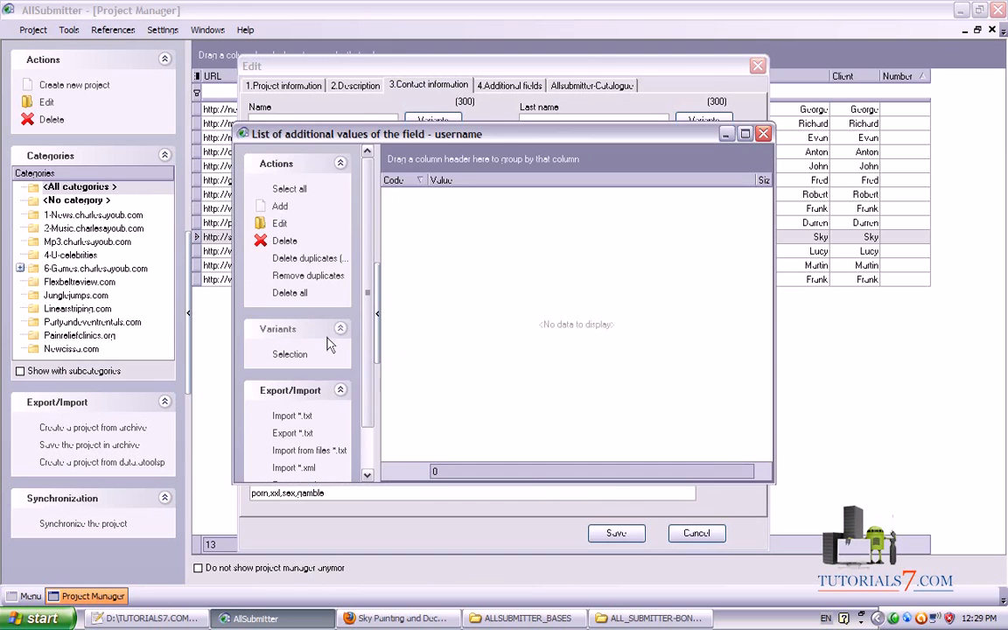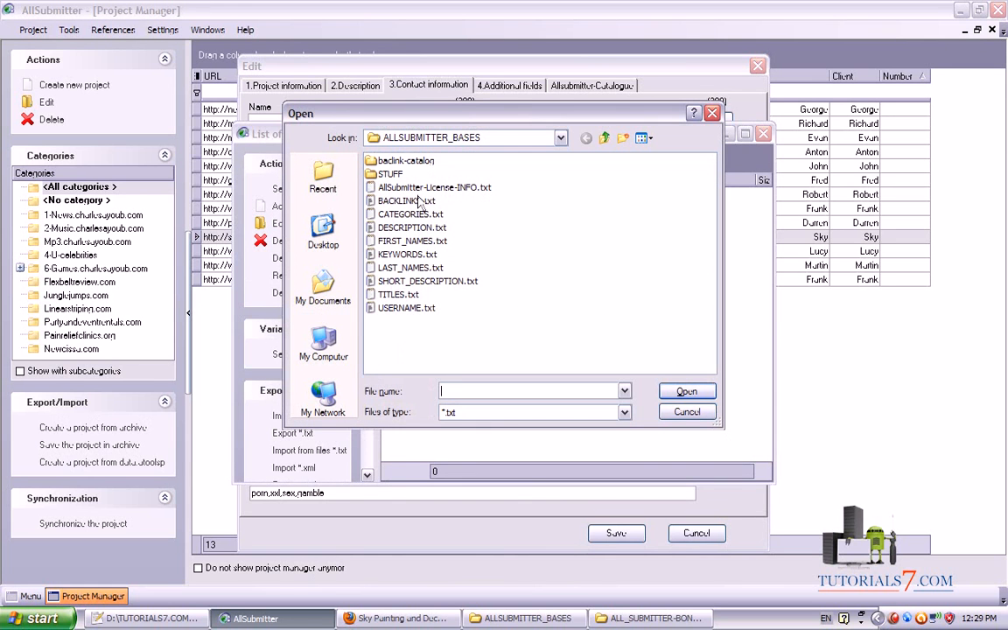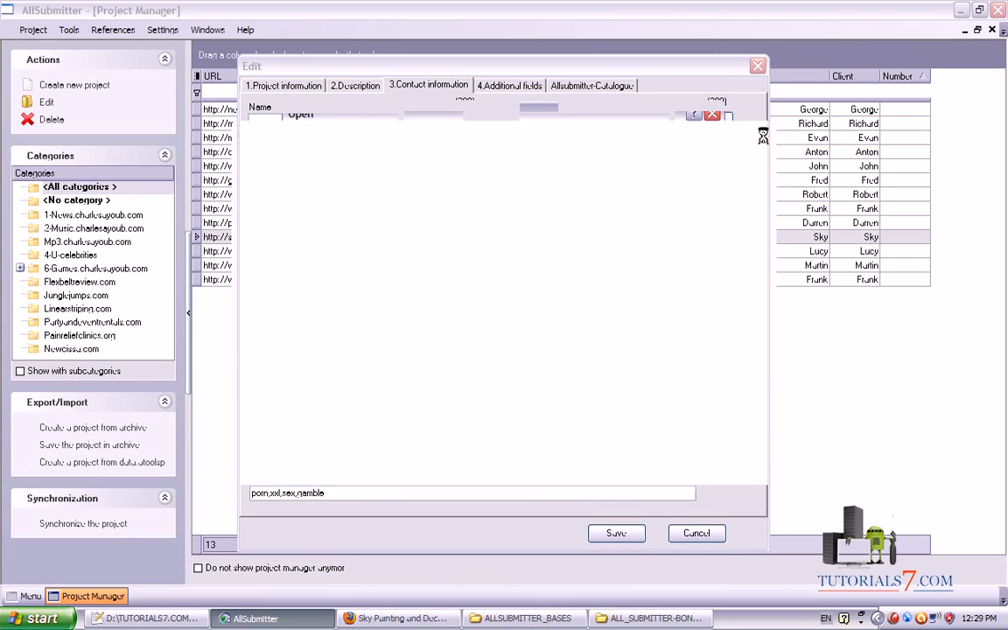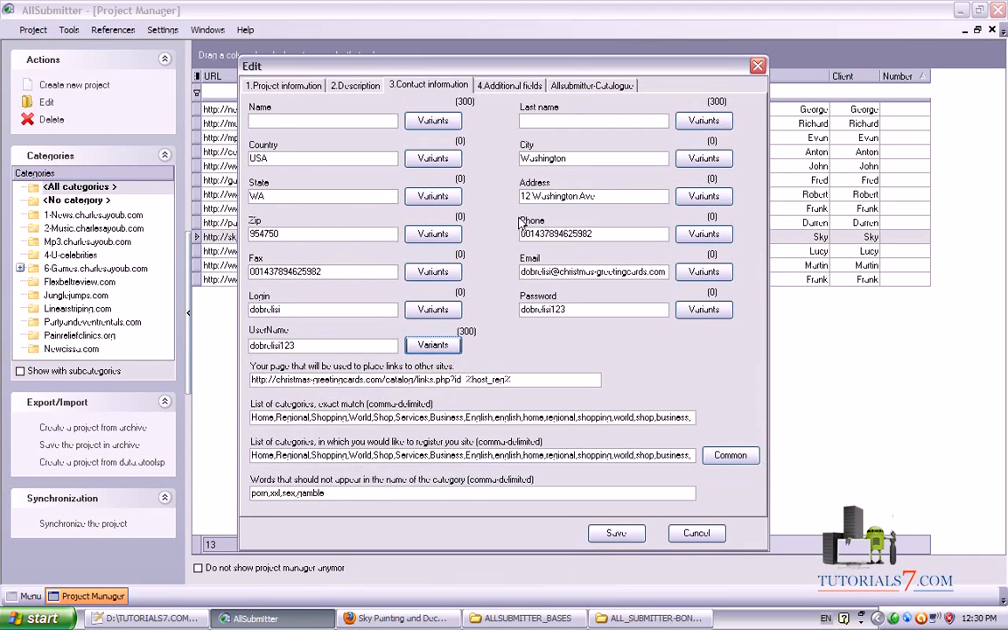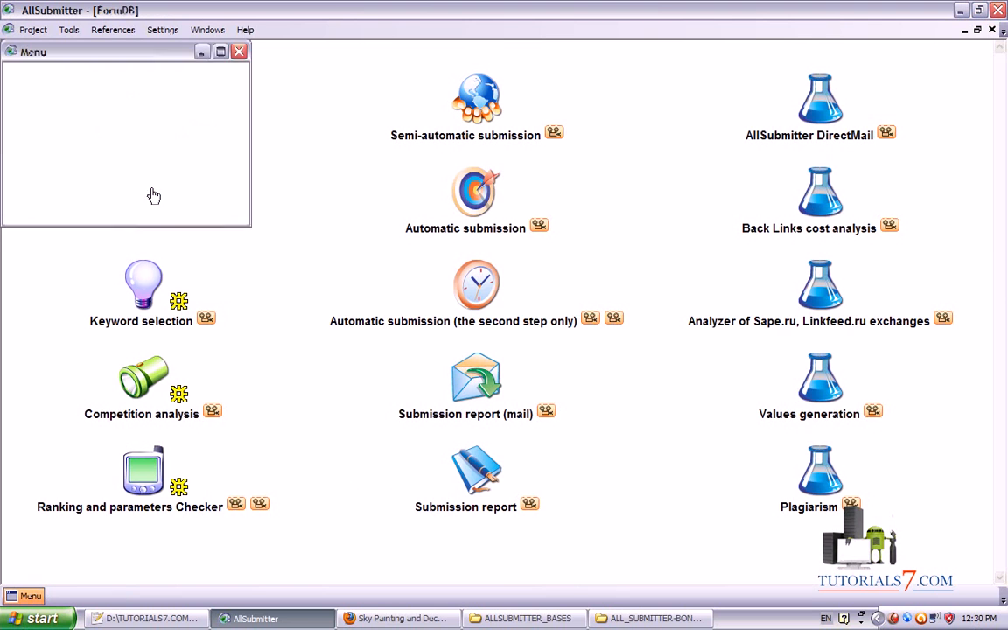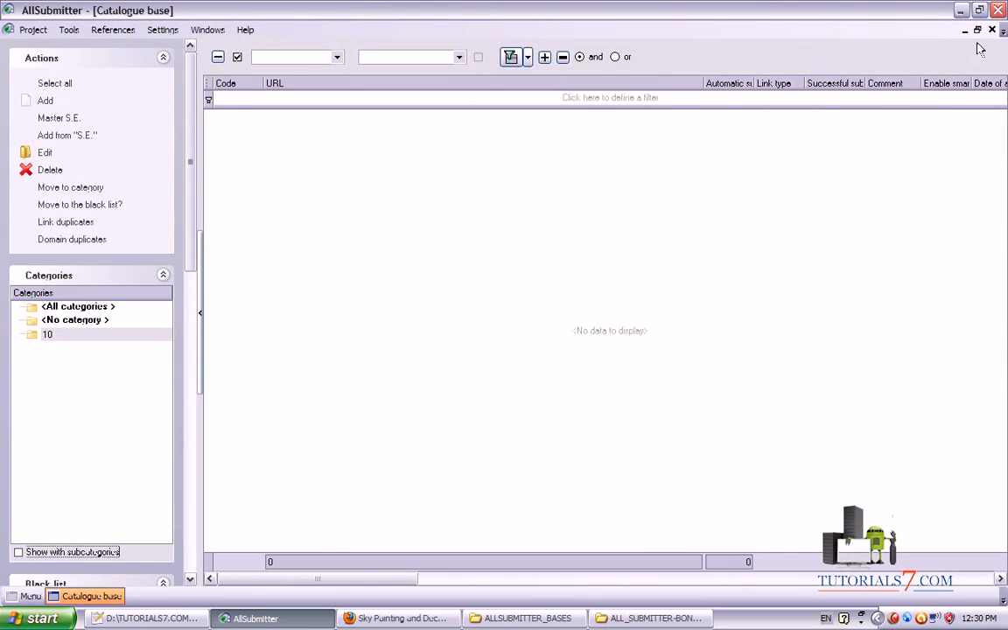Just in the usernames, I forgot to import some different usernames. I have a file for this purpose. Alright, so we will have different usernames for our campaign as well. Okay, now we have 300 usernames. We'll click on save and we are ready for the next step, which is importing catalogs and directory backlinks